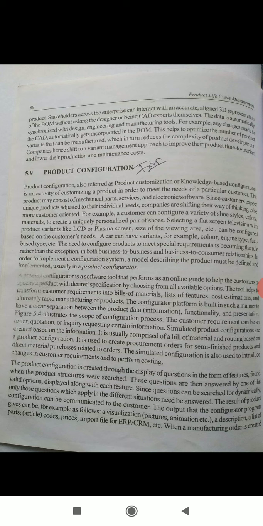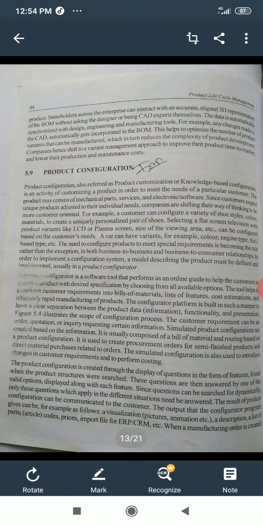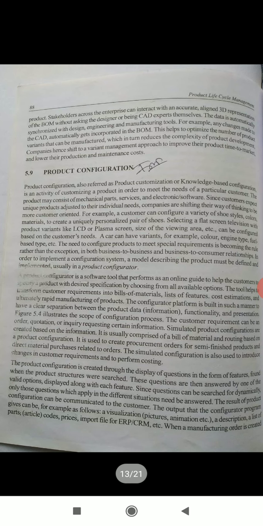The product configuration is created through the display of questions in the form of features found when the product structures were searched. These questions are then answered by one of the valid options displayed along with each feature. Since questions can be searched for dynamically, only those questions which apply in the different situation need to be answered.